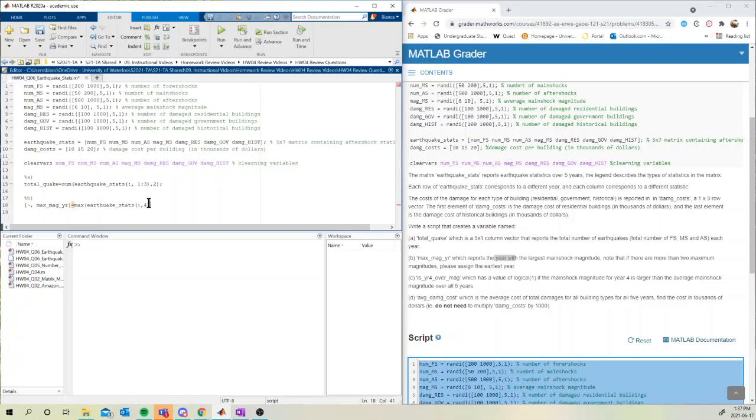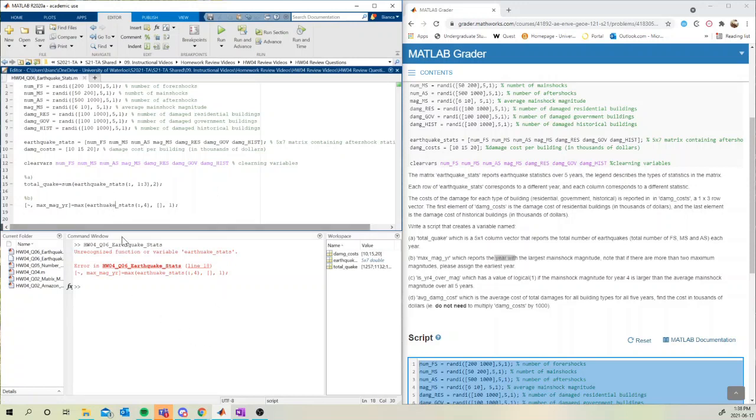And then I'm going to write out the rest of the syntax for using max. We'll put empty brackets, since if we just put two values, it'll find the max between those two values. Since we want to find the max within a vector, we use the empty brackets, and then I want to find the max within the column direction. So I'll specify the direction 1, which means vertically. And then if I run my script,